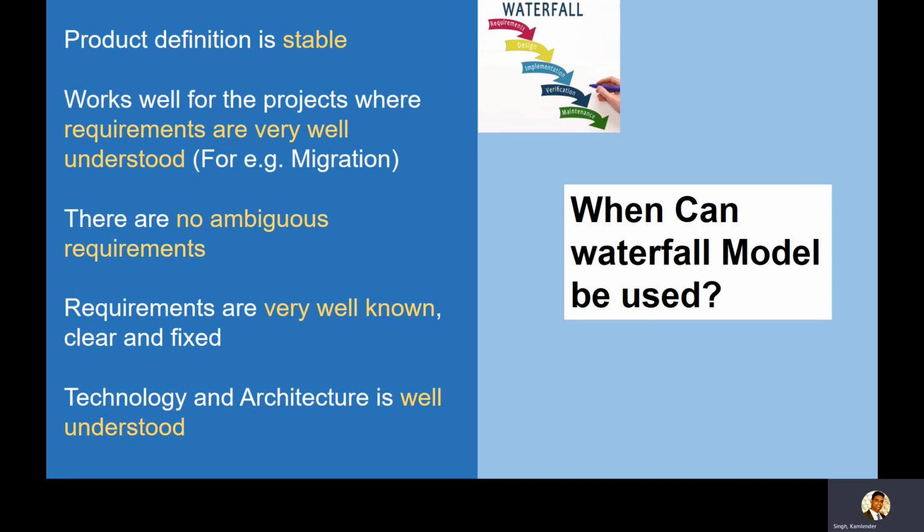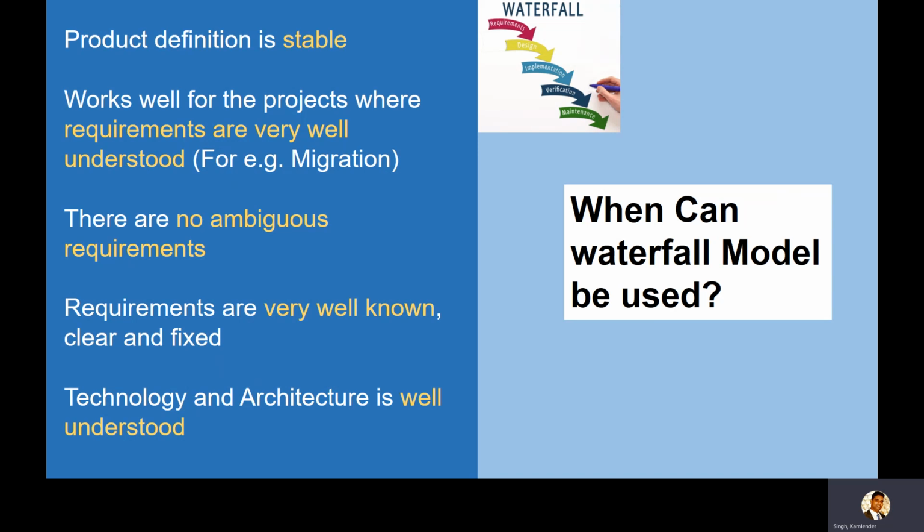I think this kind of model, because we've talked about cons, let's try to understand where the waterfall model can be used, right? So for example, if we are doing a migration project, we know all the requirements, we know the complete system upfront. There is no ambiguity, nothing can be added. If we are doing a migration project, now this is an example wherein the waterfall model can be used. We know the requirement upfront, we can have phase gate approach.